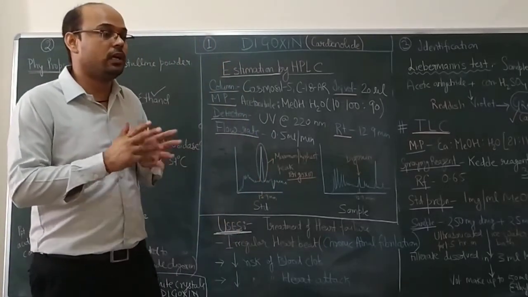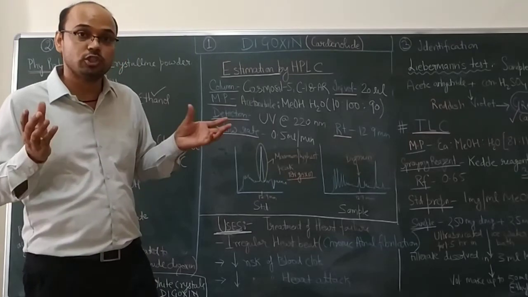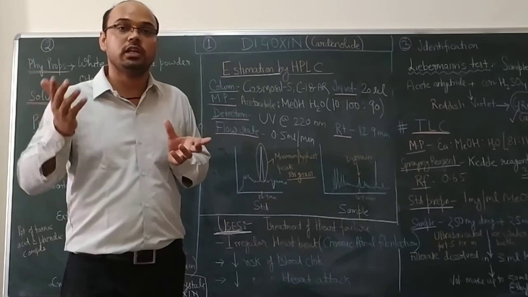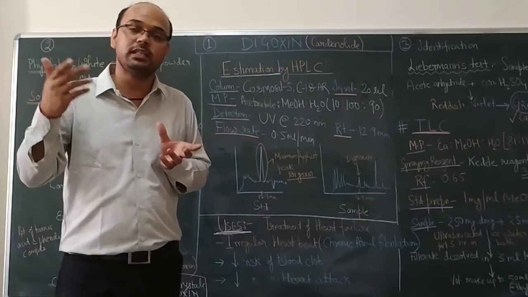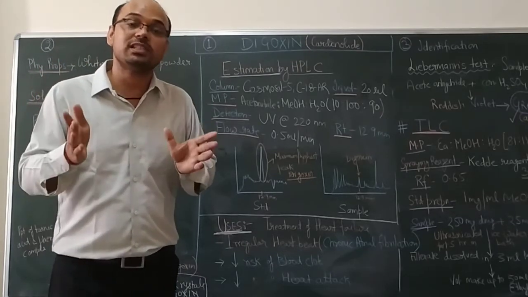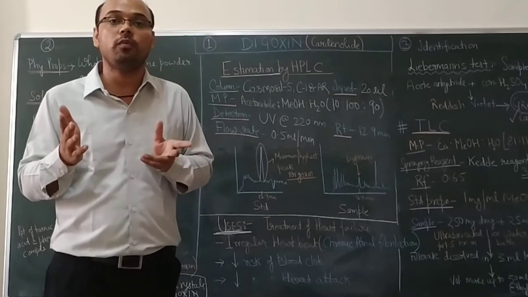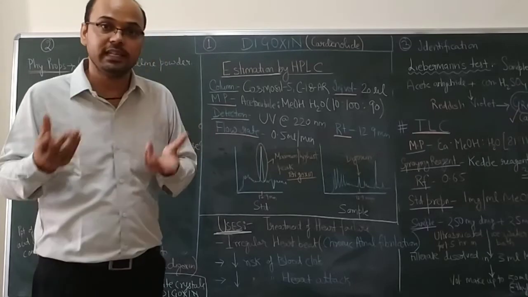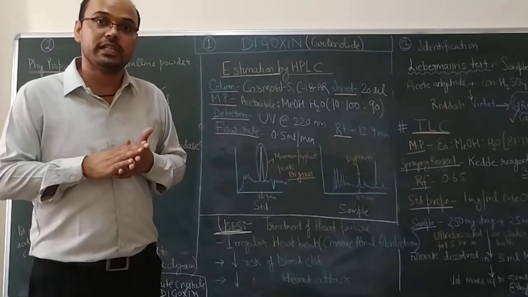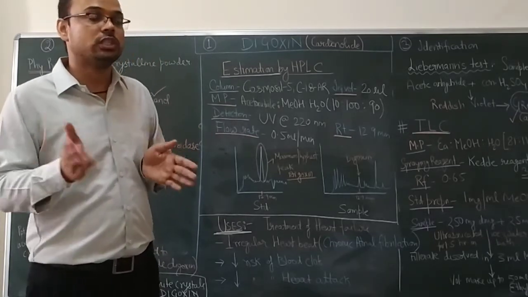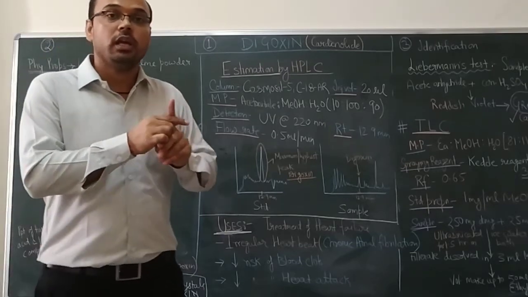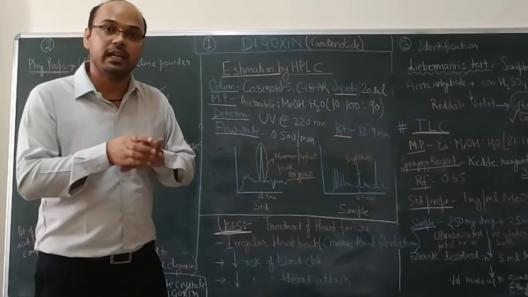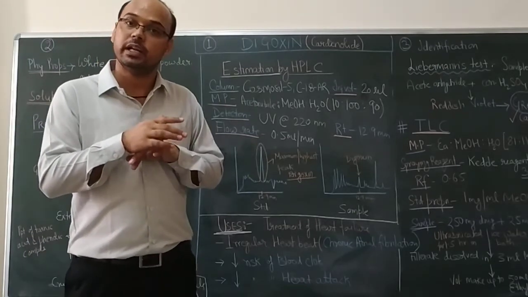So in this way, you can say that this is digoxin. There are other drugs also, digitoxin, digitoxygenin. There are numerous drugs, but this is the drug of choice for treatment of heart-related disorders or heart failures for patients in a natural way. So this is all about the production, isolation and estimation of digoxin and the uses of the phytoconstituent digoxin.